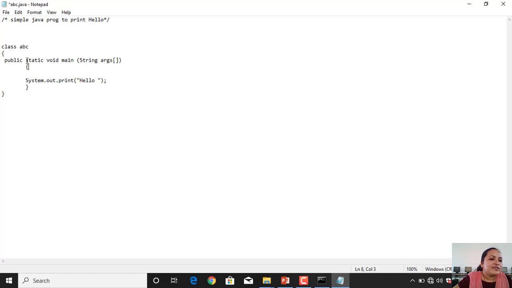Now why is it static? As we learned in C++, static defines that the variable or function does not initialize when it is called, but it retains its old value from where it stopped its execution.